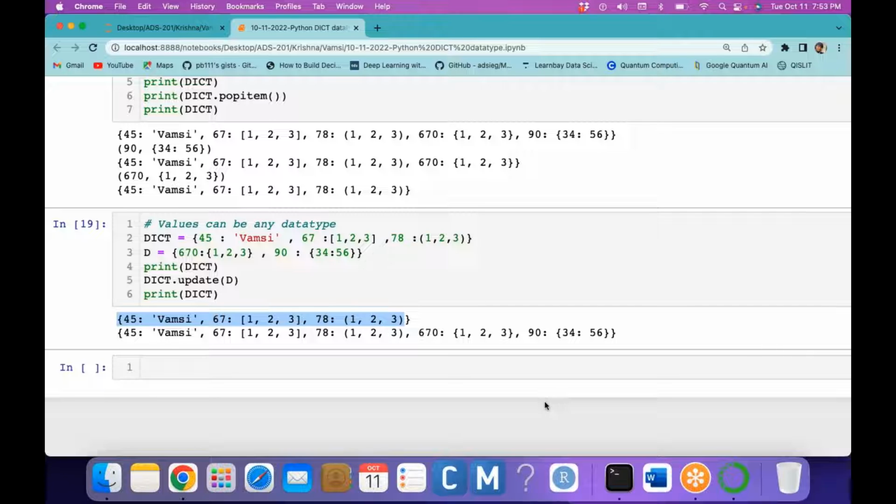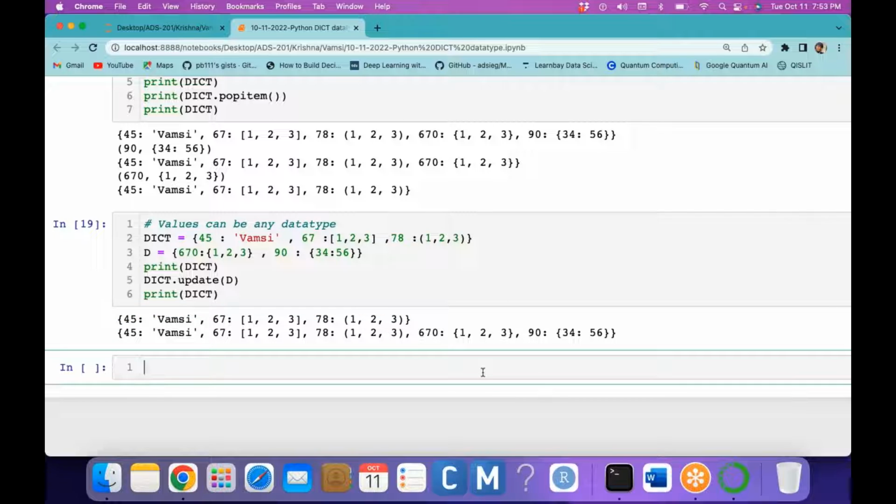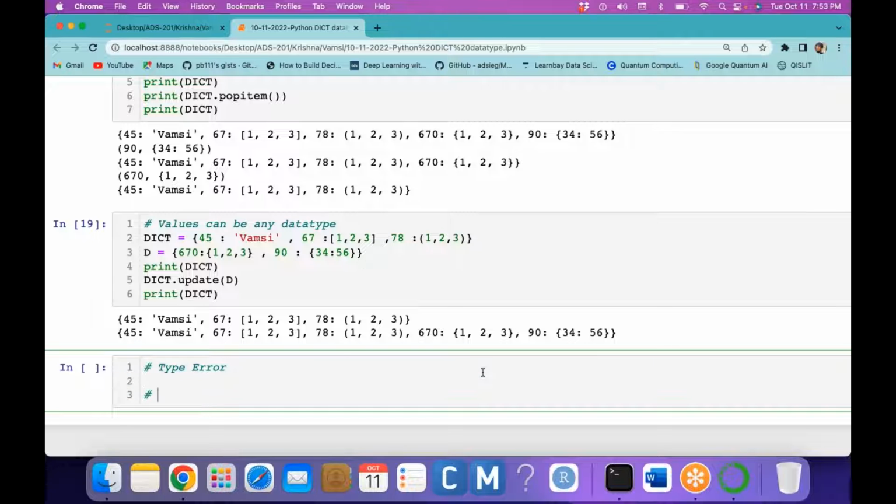Type error and key error. Okay, good question. Sandeep is asking what is the difference between type error and key error. So type error means a data type related error. Key error in the sense, for example,